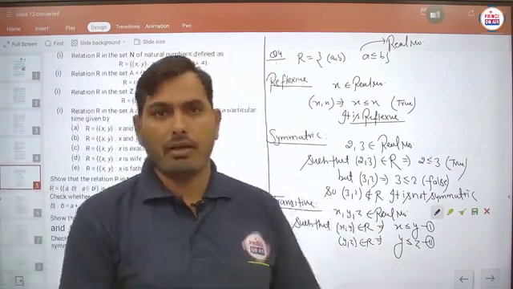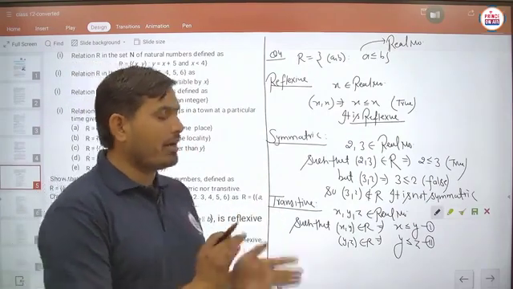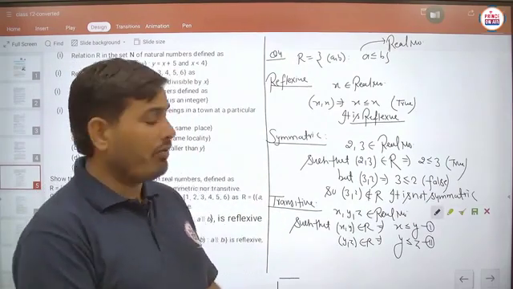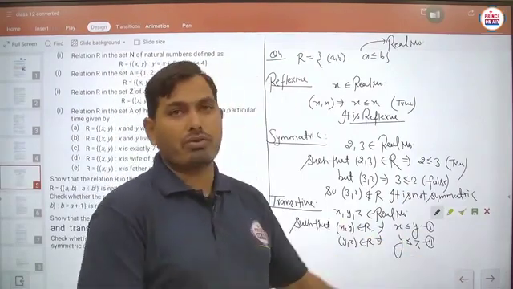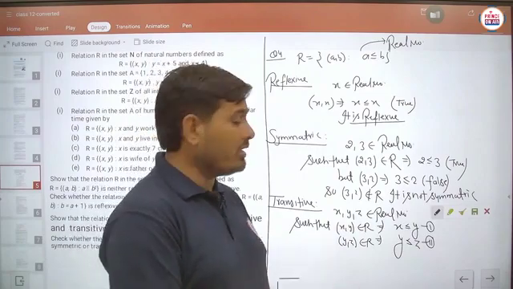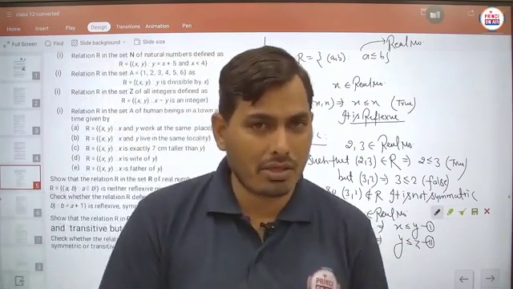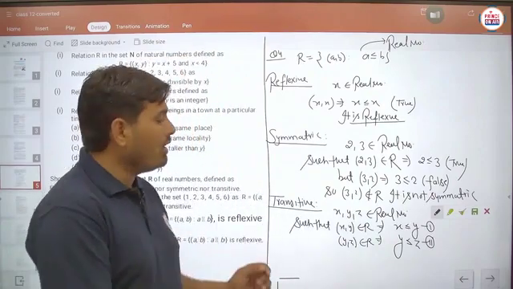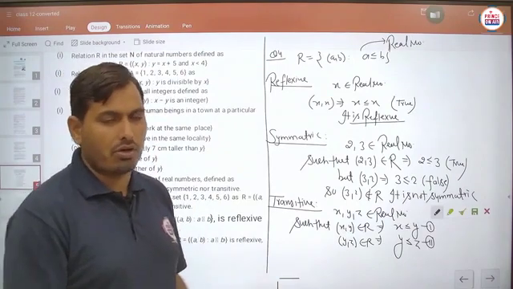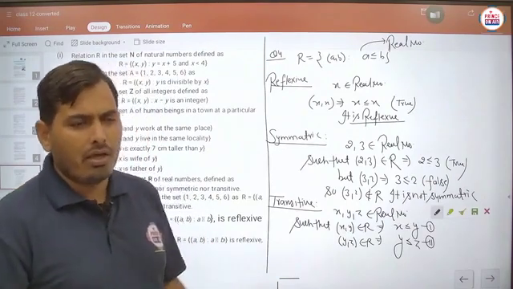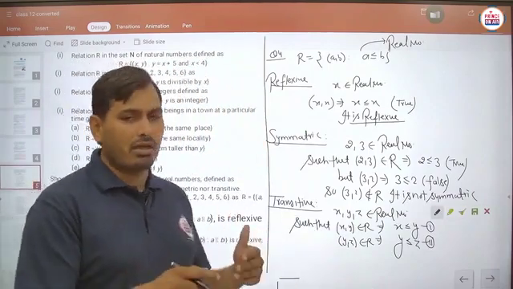Is it to be clear? So definitely student, if we simplify these inequalities, then what will we get? We will get that x is less than or equal to y and y is less than or equal to z. Then definitely student, x will be less than or equal to z or not. You can just imagine this thing. Suppose we are taking three numbers, 1, 2 and 3. You can take any other numbers also, no problem.